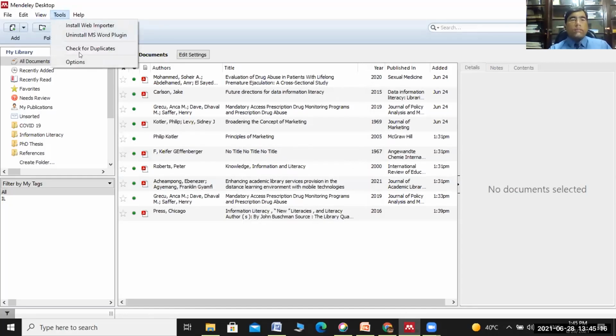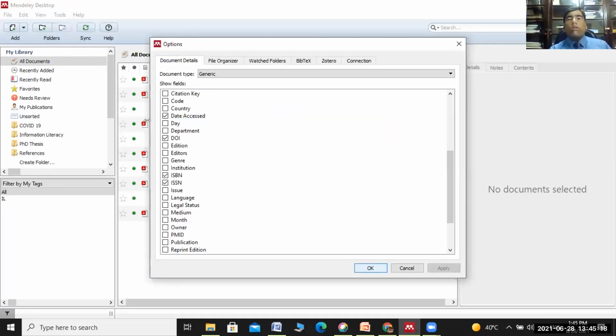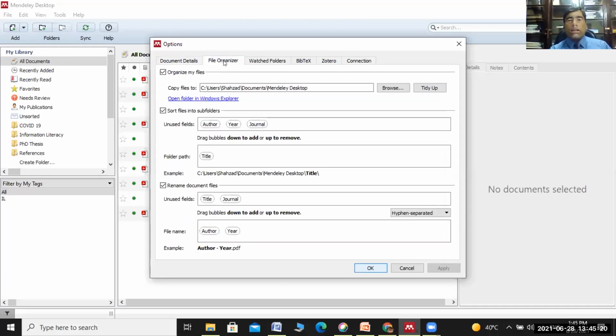Then in tools, if you go back to options, you have this file organizer. So file organizer basically helps you to organize your files in your computer. Like you have title, journal. So whenever you save particular files,